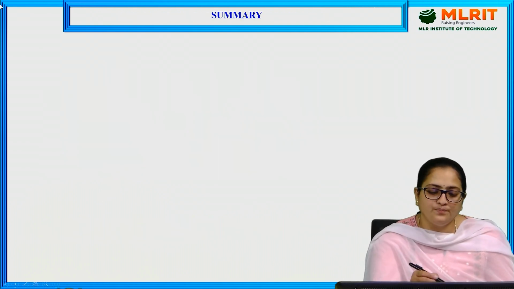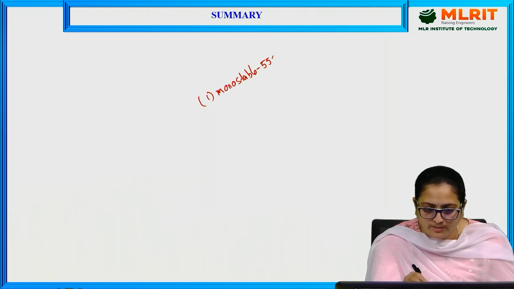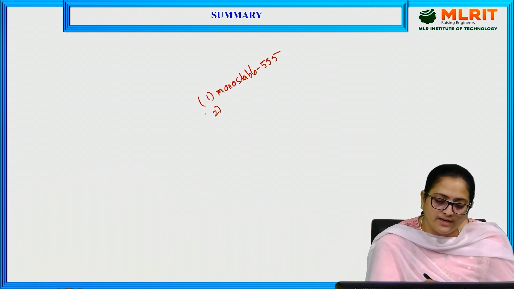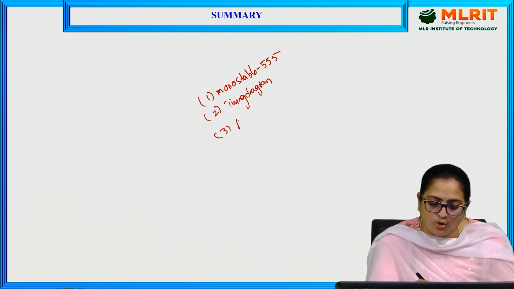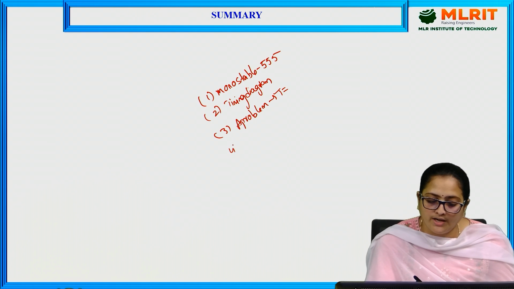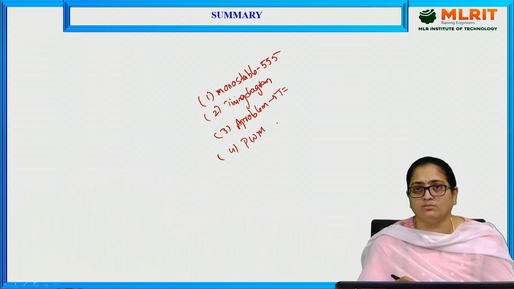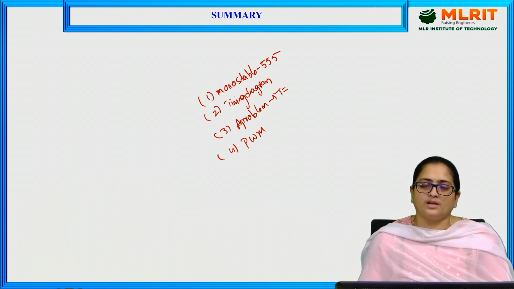So, in this video, I explained the operation of the monostable multivibrator using a 555 timer and timing diagram analysis, and a problem on how to design a monostable multivibrator by giving a time period, and one application which is pulse width modulation by giving a modulating signal to the fifth pin of your IC 555 timer. The 555 timer IC can work as a pulse width modulator.